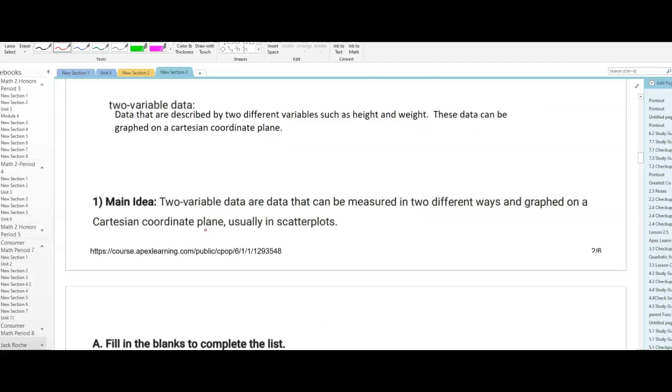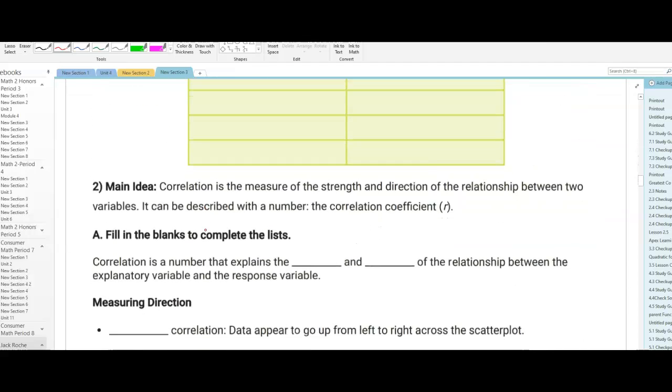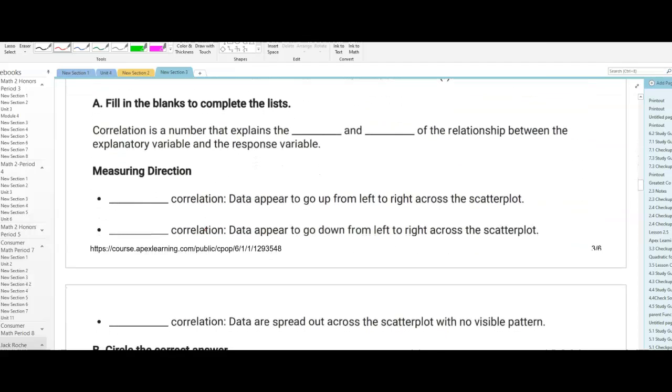So as we go down here and talk about this, a correlation is a number that explains the strength and direction